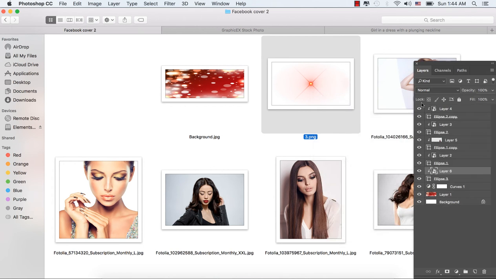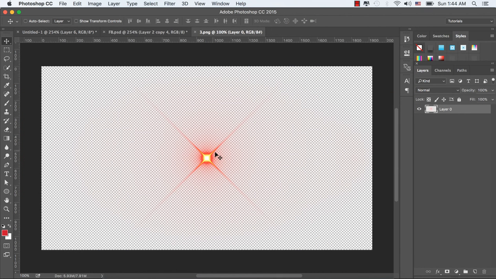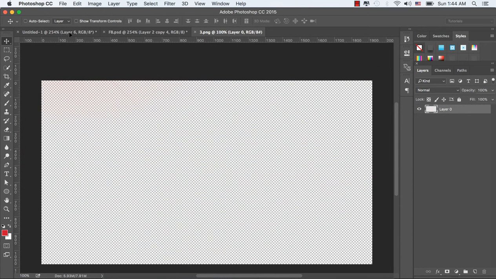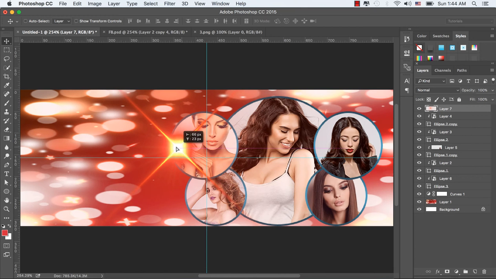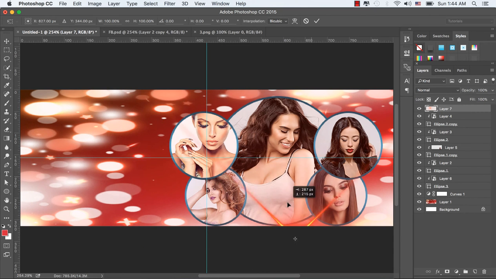And let's bring this blur image, whose background is a checkerboard. That means there is no other image or background color. Bring this layer to the top of all the other layers and let's resize this image to a smaller size.